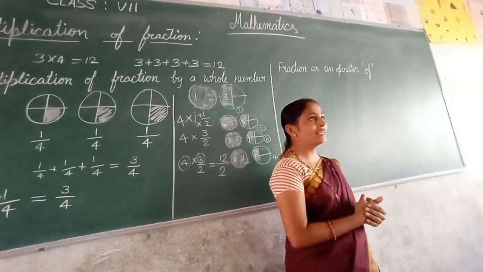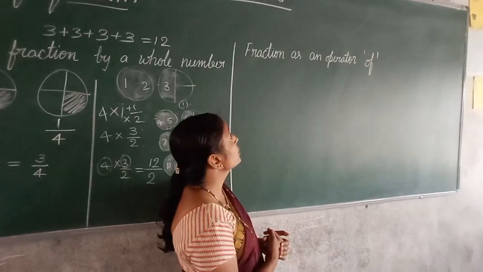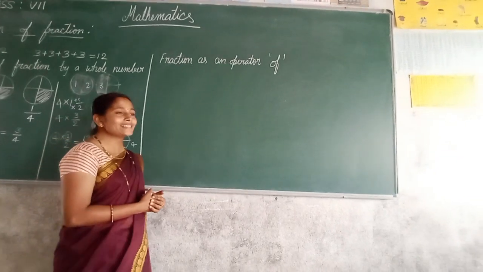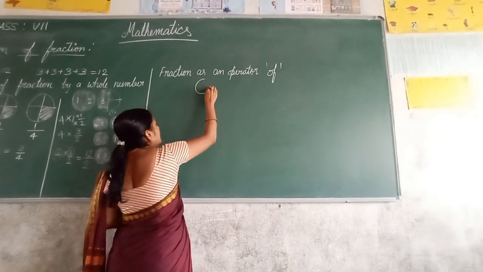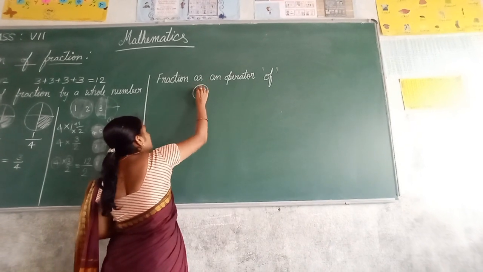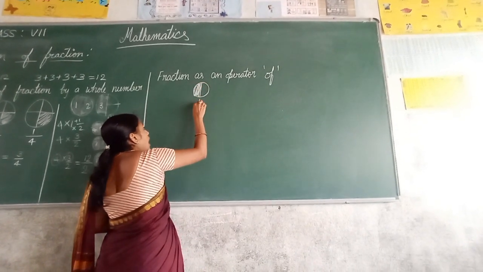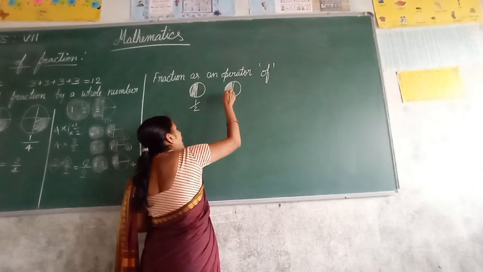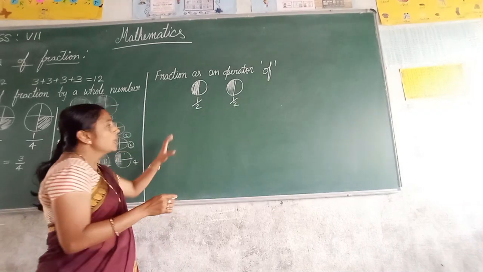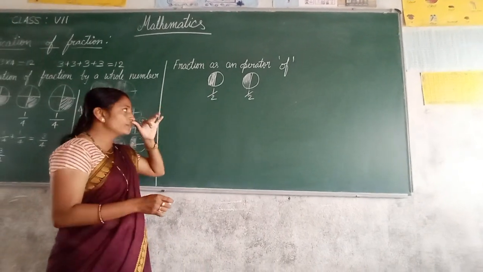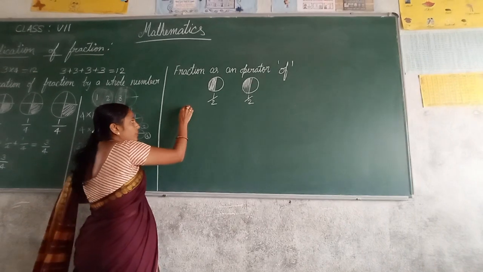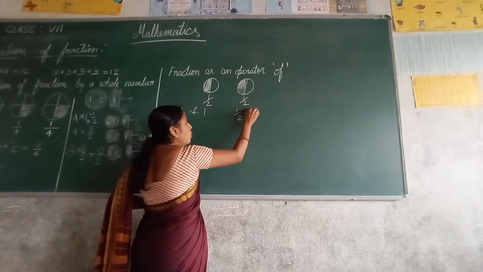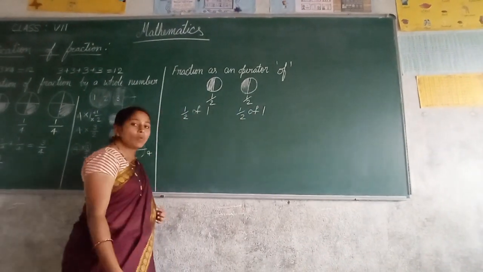Now one more thing, let us find out multiplication. The fraction as an operator we consider as of. For example, the same example, I will take half of the thing. Half of the thing we have taken, half. And another half I will take. This is another half. This is actually in the one picture, half is the part. Half of 1. If we write it in words, half of 1.